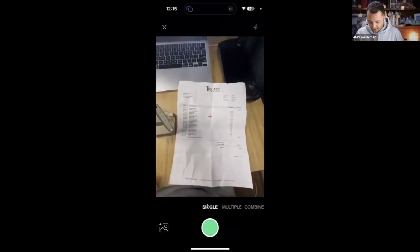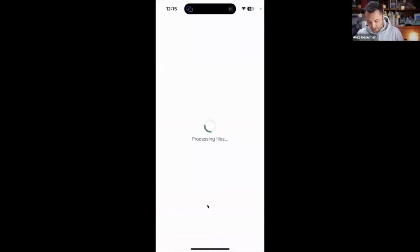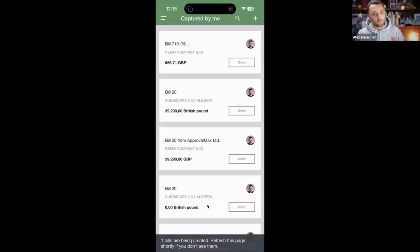And I have an invoice here already prepared. So let's just click on capture and submit it for approval. As you can see, I've done a very bad job photographing that, so hopefully it will allow me to extract the data even with such bad image quality. Within some seconds, again 10, 15 seconds, if I refresh the page, this bill will already appear under Captured by me. So it is now up to me if I would like to proceed with sending that for approval